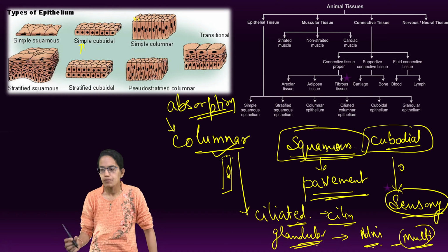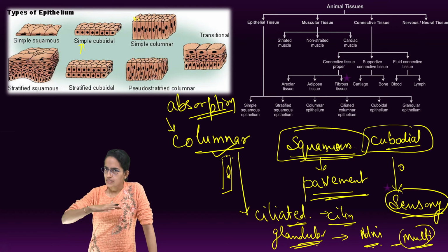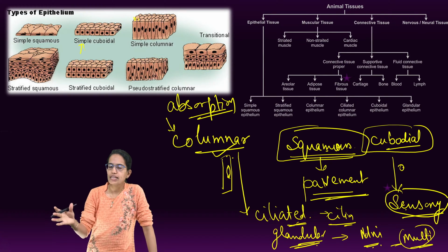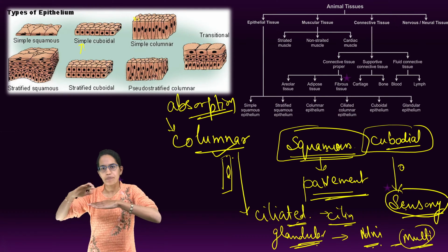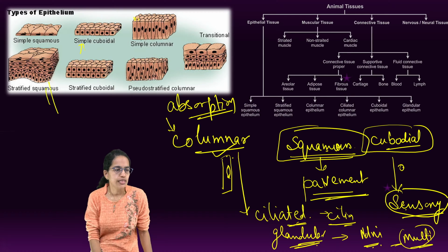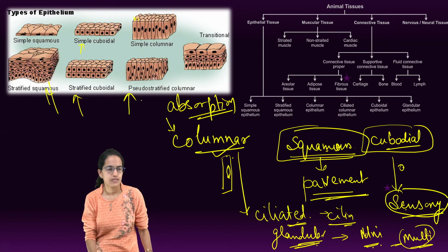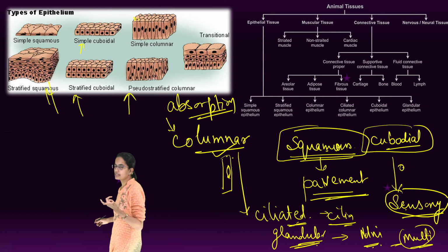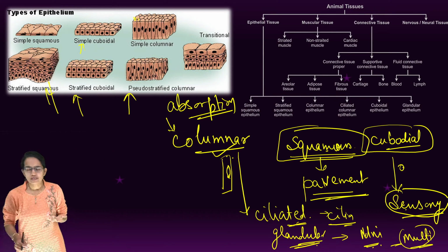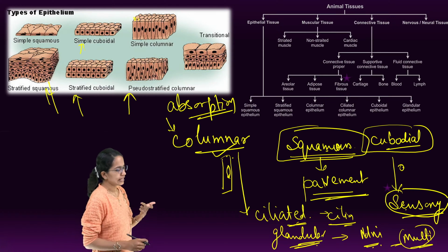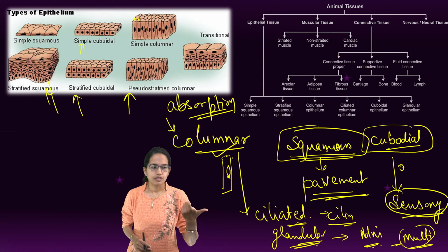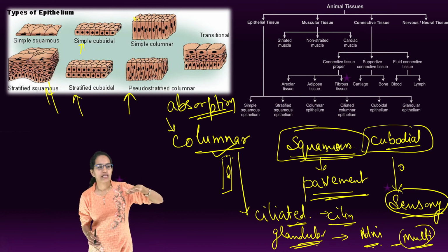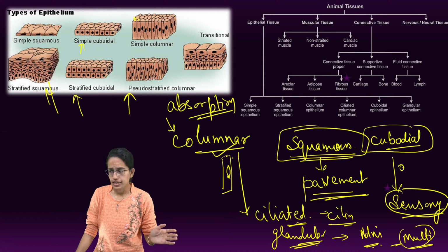These stratified epithelium are, as the name suggests, stratified. That means more than one layer. So they have various layers of epithelium which are present. As you can see in the diagrams, they have multiple layers. And usually the upper layer in certain cases could be of dead squamous epithelial cells. That's again important to note. So in the case of squamous, the upper layer is sometimes dead in nature.